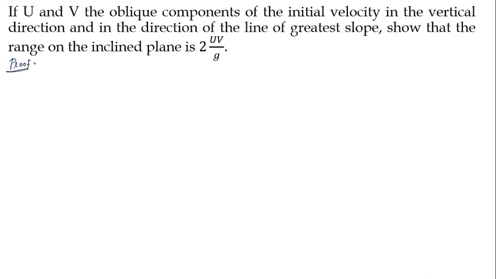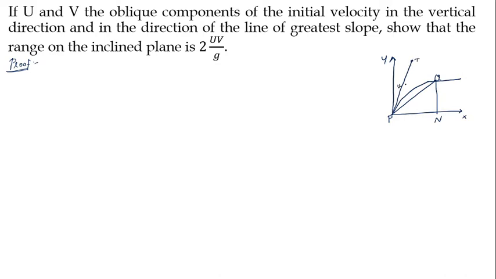Before that, let us remember the concept of inclined plane and see the directions, angles, everything. So I'm considering PQ as the inclined plane, P and Q, and then Y is the vertical direction and X is the horizontal direction. And I'm drawing a perpendicular line, that is N. So this is the path of the projectile, right? PQ is the range, and I'm considering the initial velocity U in the direction of the path of the projection, and it is T.